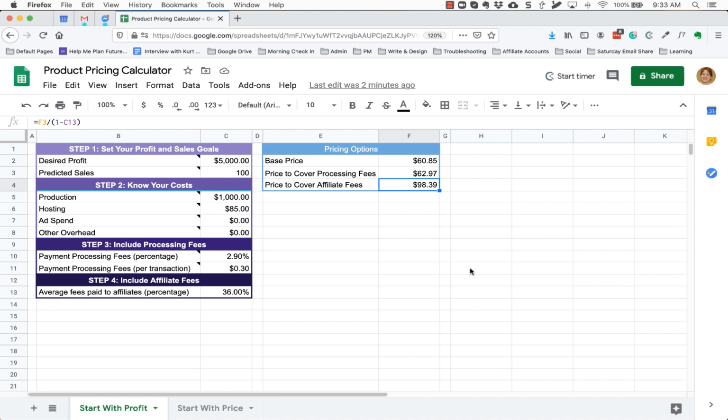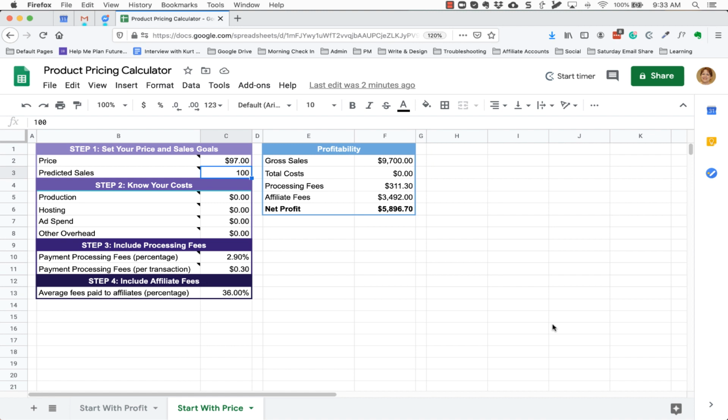Now, you can also start with price, and for that, we're going to go over to this other tab, Start with Price, and it's much the same, except up here at the top, you're going to set your pricing and your sales goals. So let's say I want to sell this product for $97. That's what I think I can sell it for, and I think I can sell 100 of them. And again, I've got some production costs in here. I've got some hosting costs in here. I've got payment processing fees. These are already in here for me, and I know that I'm going to pay about 36% out to my